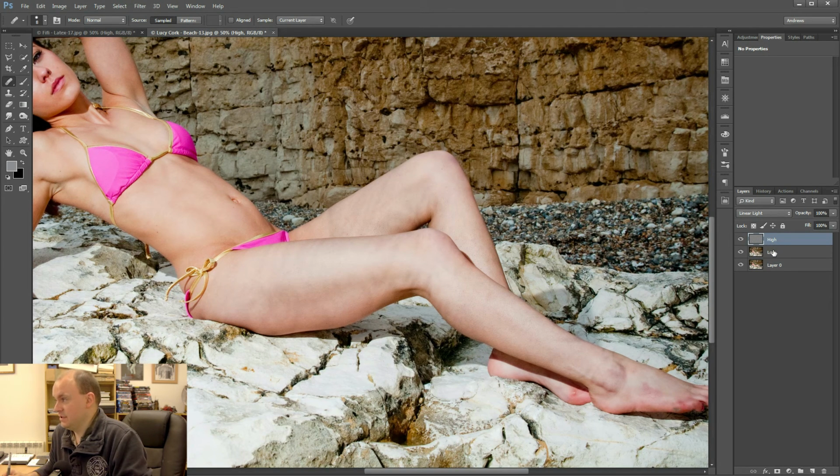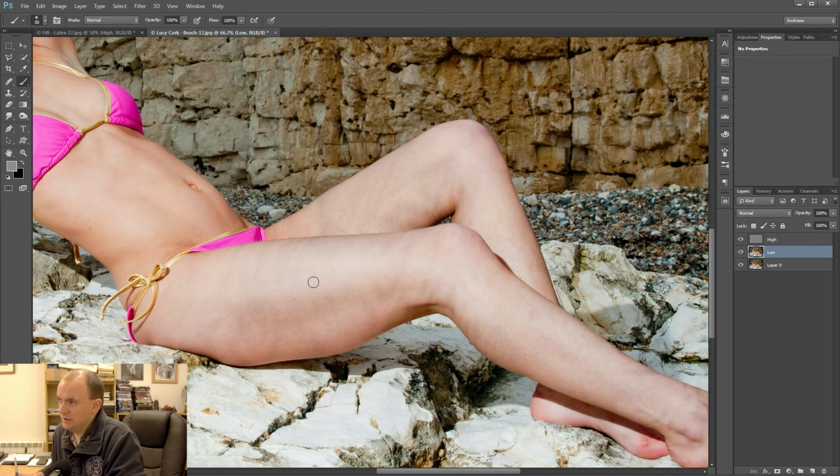So I've done a frequency separation here, and what you can do, grab the brush, you can work on these tiger stripes and get rid, oops, wrong colour, make sure you select the right colour, and you can just paint in on here, getting rid of that colour cast,